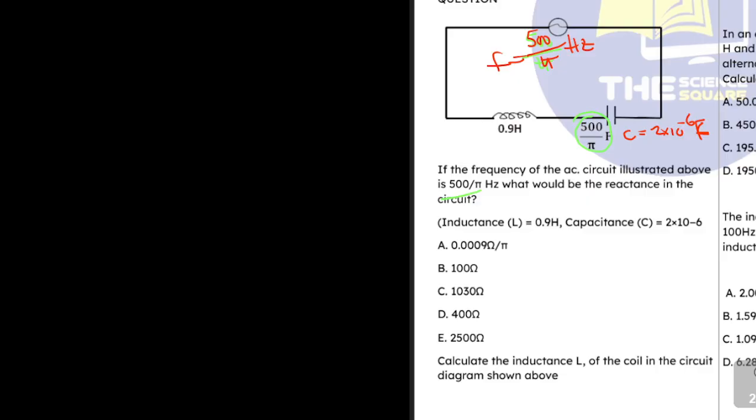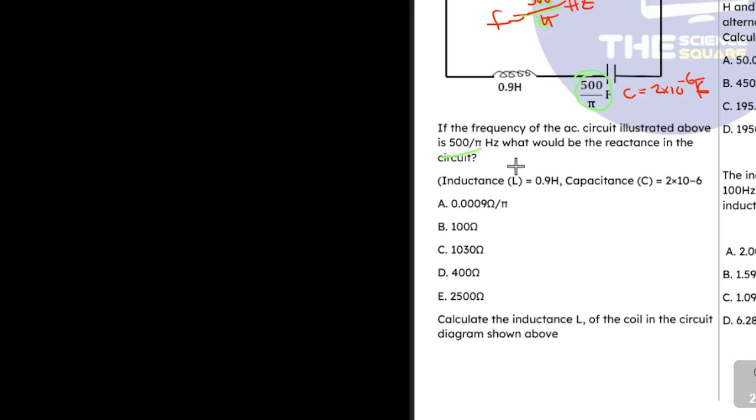So let's quickly finish this. Now, based on this information, what do we have? We have our f to be 500 over pi hertz, and we have our L to be 0.9 Henry. We have C to be 2 times 10 raised to power minus 6 farad. Then we want to calculate